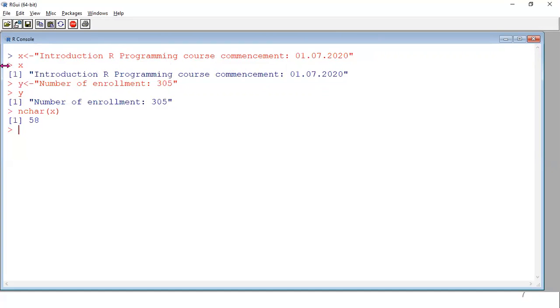So whatever the characters, symbols, numbers, each and everything will be counted. Similarly, nchar of y. So here it counts each and every one. It is showing 25. Simply by using the nchar function, you can call that vector, and it displays the total count.